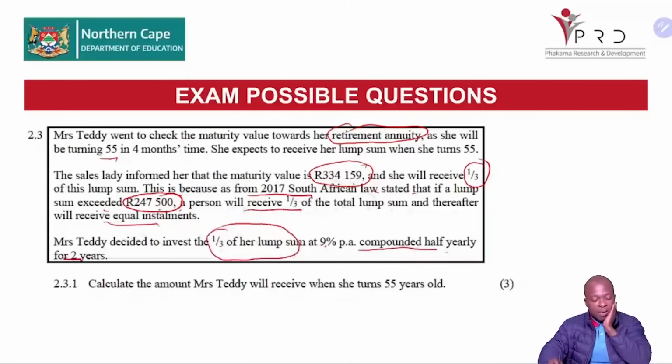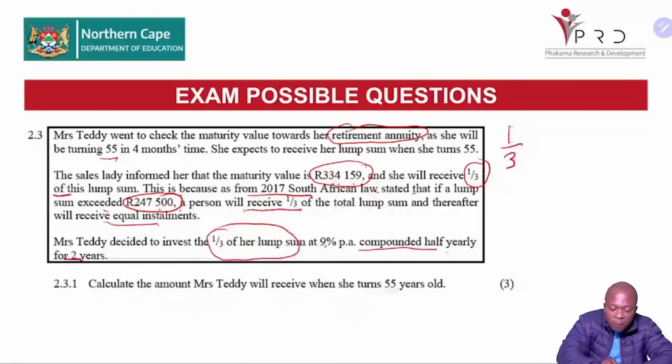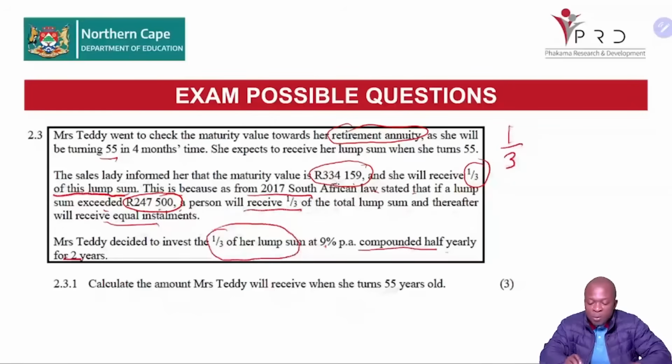The examiner is saying you must calculate the amount Mrs. Teddy will receive when she turns 55 years old. So with such a question, it means what you have to do is to say 1/3, because they mentioned already. 1/3 of what? Of this lump sum. What is our lump sum? 334,000. So we are going to say 1/3 times